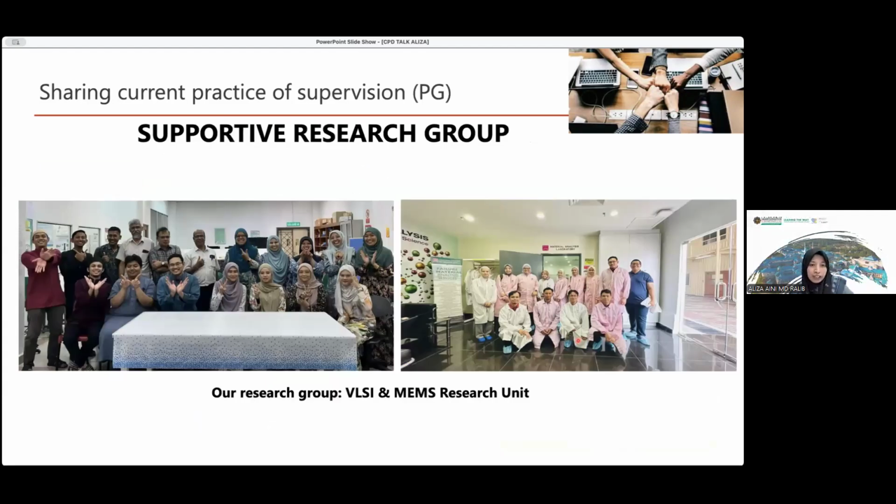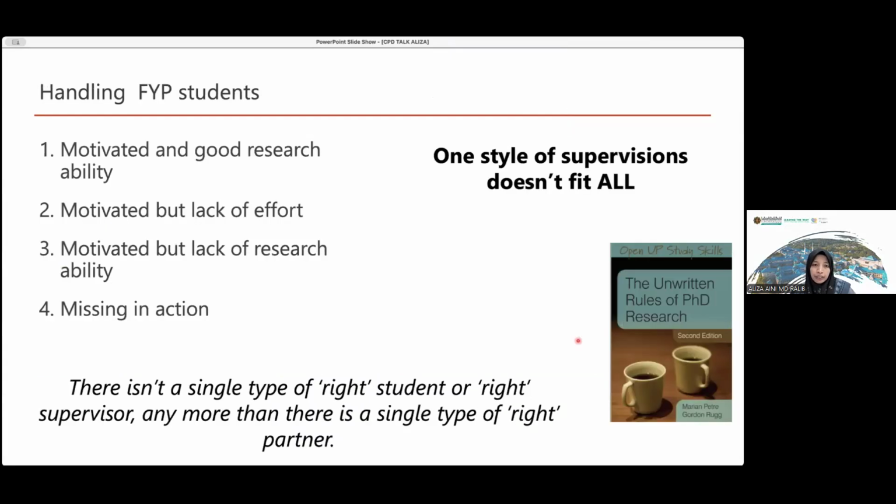Okay, and a strong research group is also important, because FIP you cannot do alone. We need strong support from a big group of postgraduates. They can also help the students during the lab, because they spend most of their time doing the experiments, so they help a lot in the lab.